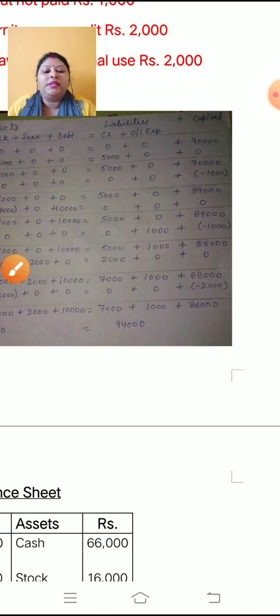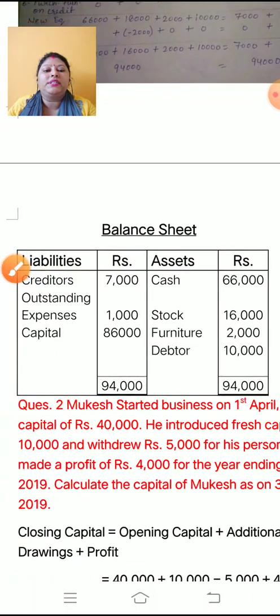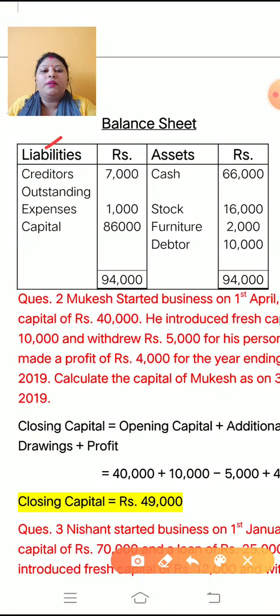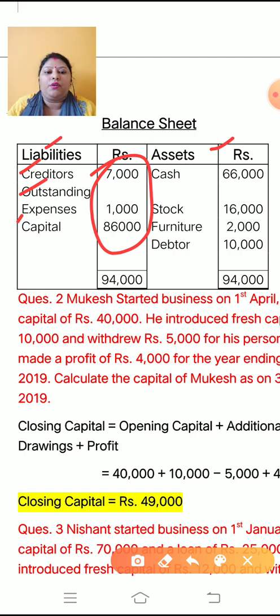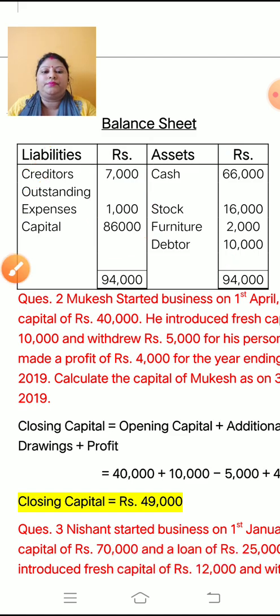But remember this thing, in balance sheet the first side belongs to liability and second side belongs to asset. So here the headings you have to write down from the accounting equation, and this amount which will come at the end, that you have to write down. And in this both sides are equal. Balance sheet is also both sides are equal. Okay children, this is the accounting equation.